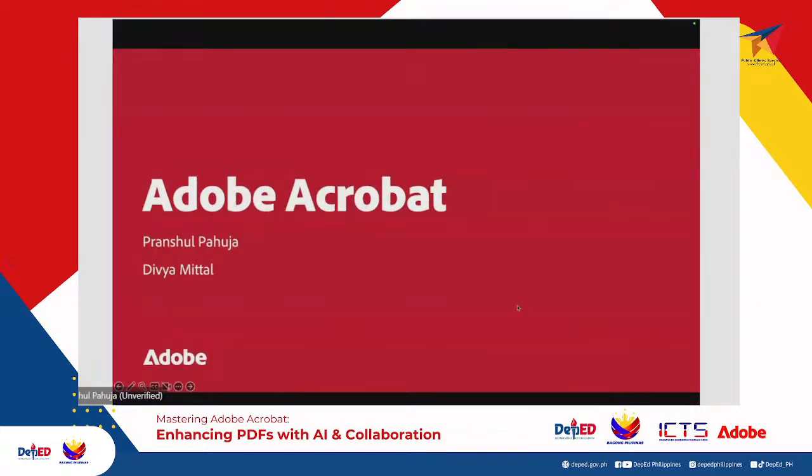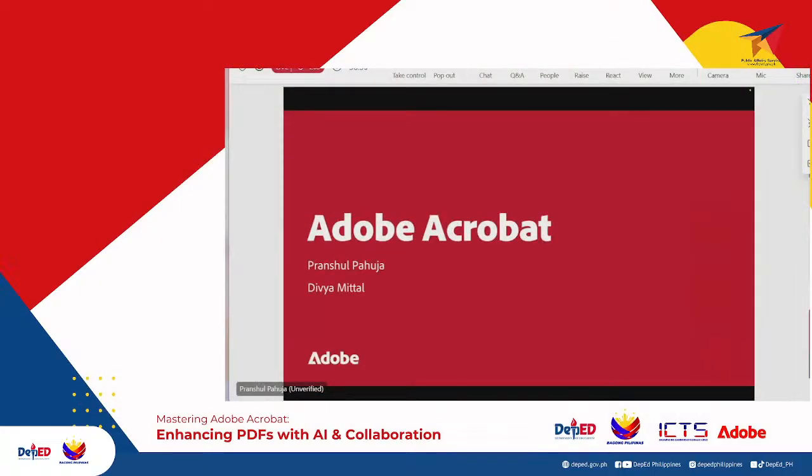Today, we will be exploring how Adobe Acrobat can go far beyond just handling PDFs, from editing and organizing documents to securing files, collecting e-signatures, and now leveraging the AI-powered features for faster reading and summarizing. Acrobat is also designed to help educators, administrators, and staff work smarter and more efficiently in a digital-first environment. We're excited to share best practices, real-life use cases, and actionable tips that you can start using right away.